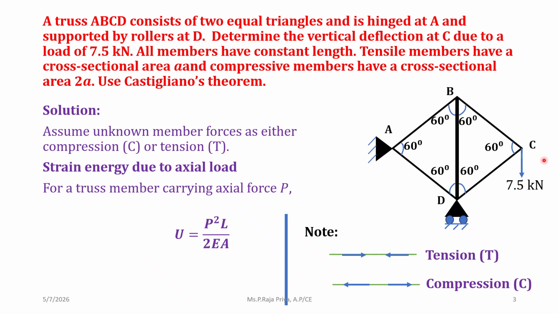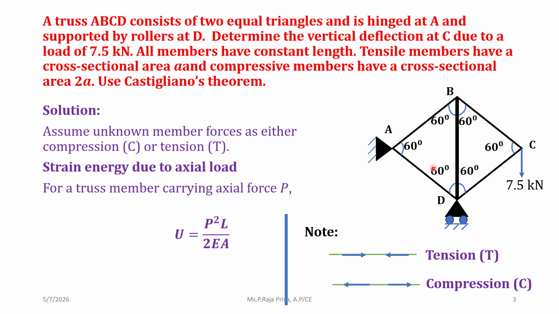Okay, so here the deflection at point C due to this load is asked. And we have seen in the last lecture that Castigliano's theorem is mainly used in case of bending, but it may also be used in case of axial as well as torsion shear. Also it is applicable. And here a truss is given,